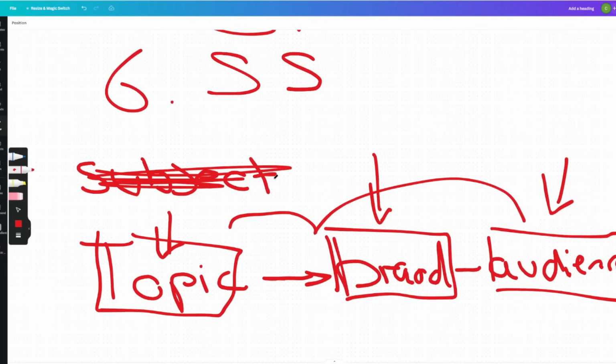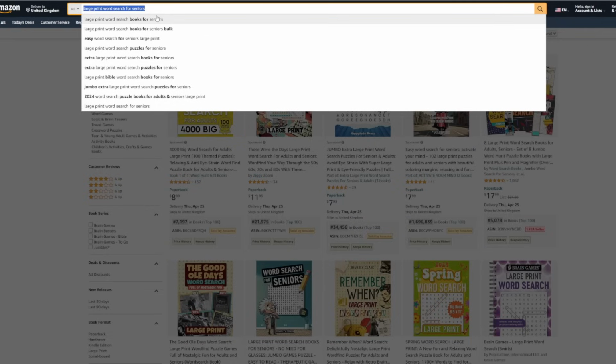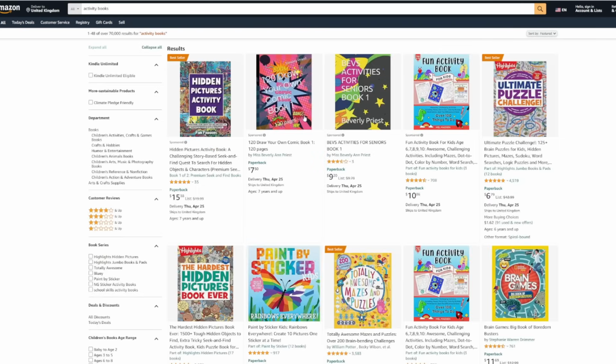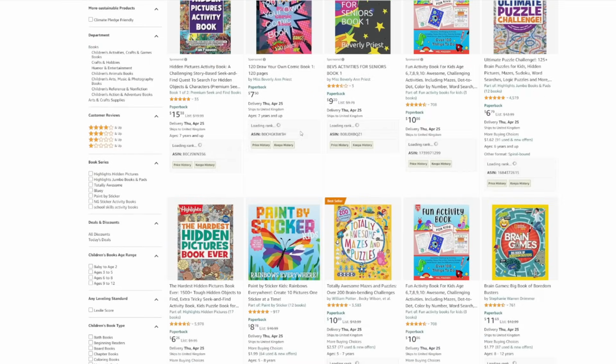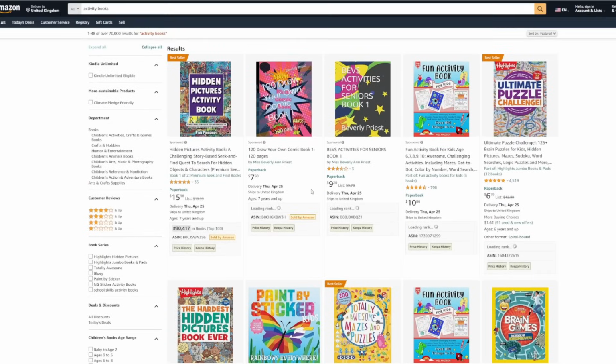So let's just do this one more time, and we're going to go through the entire process and just pick something at random. Let's just go for activity books. So remember this first step, we're just searching for the broad niche, and we're going to go through all this now. So for the broad niche, obviously all the BSRs are going to be low. And at this stage,